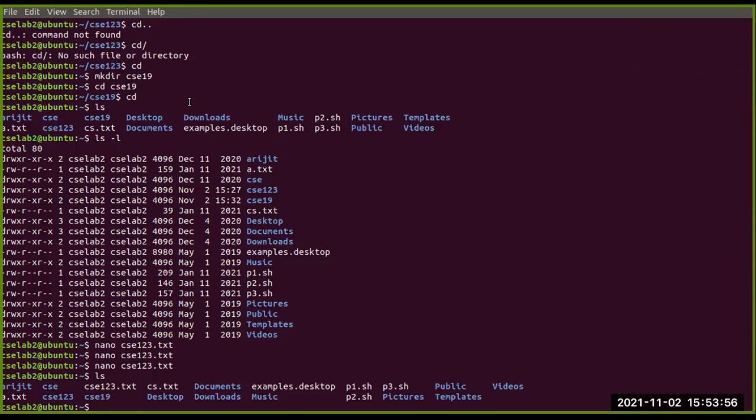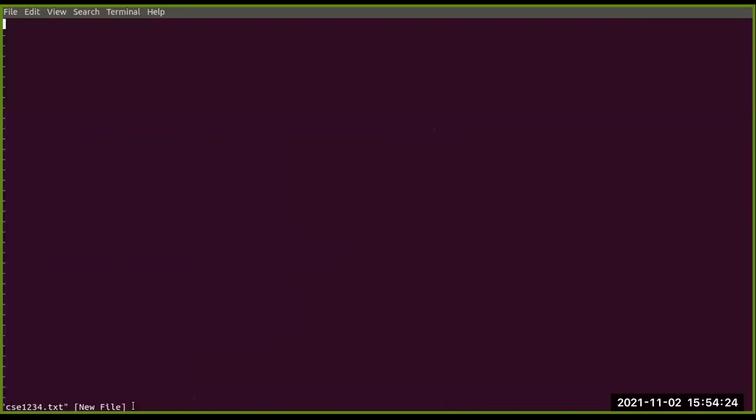So this is the command for nano, nano csc123.txt, and similarly we can write a vi command, vi csc1234.txt. If I write this, then we can go to this particular editor. So a new type of editor is opened here, called the vi editor. Nano editor we have visualized, and similarly this vi editor.